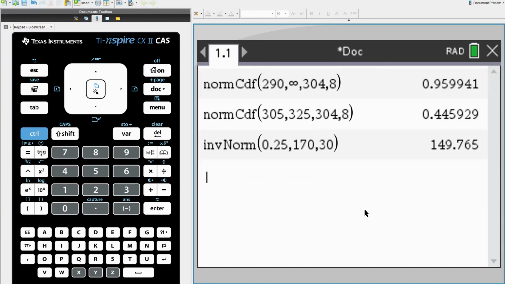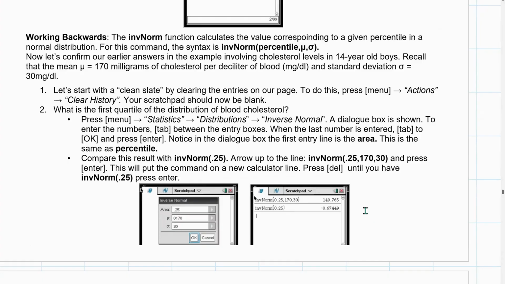Now that answer is slightly different than the one we got by hand, but that's only because we ended up rounding that Z value to 2 digits because of the nature of the table, and there's nothing much that we could do about that. Again, when we go to write down our answers on the sheet, they still want you to draw out,